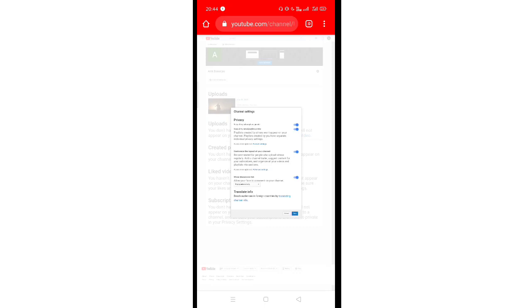Just before saving, I'm explaining it. This option, customize the layout of your channel, is recommended for people who upload videos regularly, add a channel trailer, suggest content for your subscribers, and organize all their videos and playlists into sections. Which means if you are a regular YouTuber and you upload regular videos, this is suitable.